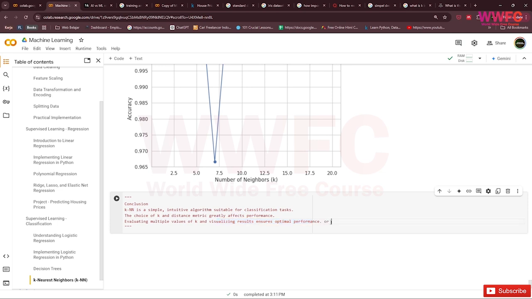Or you can check a paper or journal that sets the best k using the same data as you. This is my professional opinion, so yeah, you can check like that.